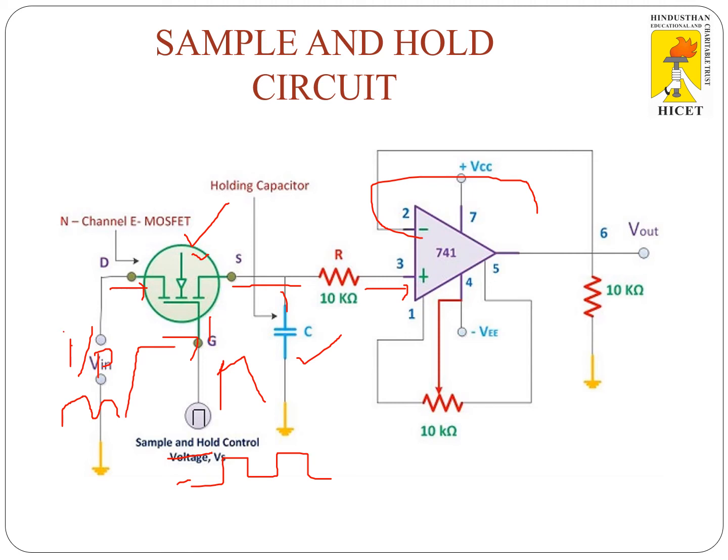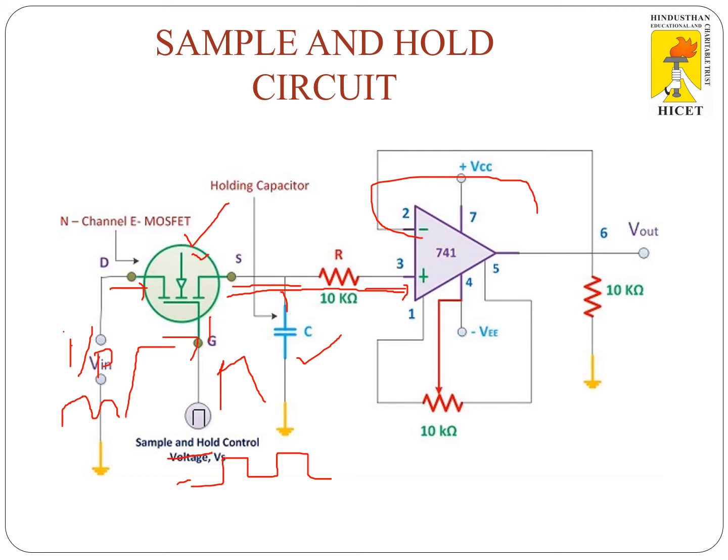Okay. So, metal oxide semiconductor field effect transistor. This is what the connection actually looks like. The input signal which has to be sampled is given to the drain, like I've told you. The control voltage required to control the time period for which sampling and holding operation is done should be given to the gate of the MOSFET, and the signal coming from the source terminal of the MOSFET is connected to the non-inverting terminal of the op-amp through this capacitor and resistor arrangement.